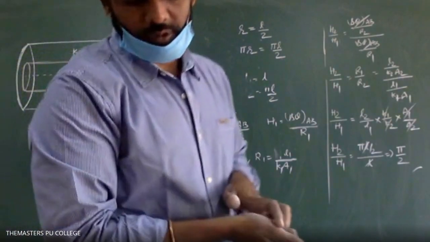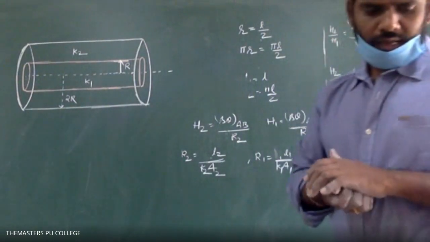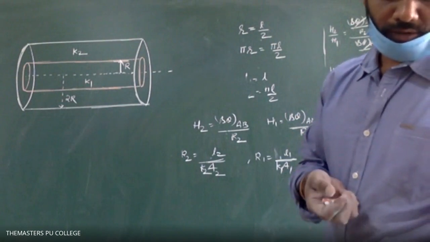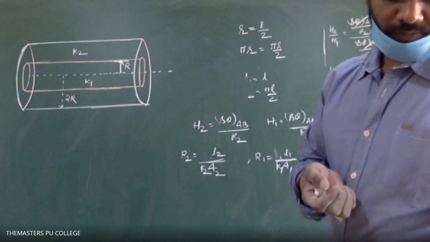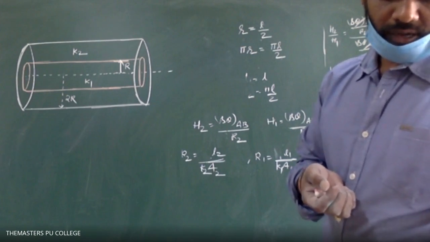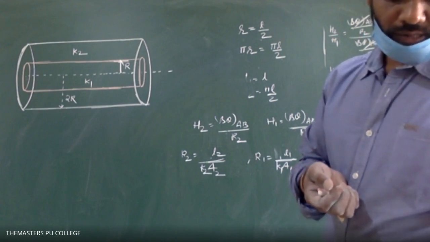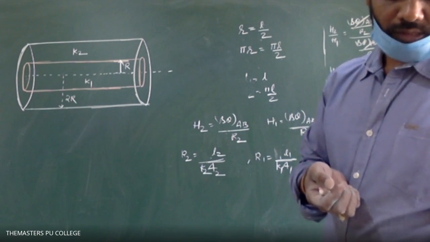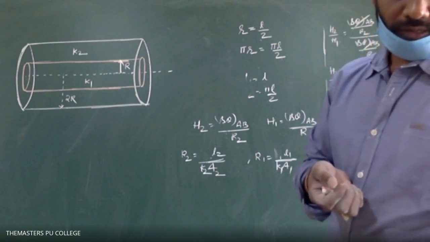Okay, so this is the problem they have asked. Listen, go through the question carefully. A cylinder of radius r made of a material of thermal conductivity K1 is surrounded by a cylindrical shell of inner radius r and outer radius 2r, made of a material of thermal conductivity K2. The two ends of the combined system are maintained at two different temperatures. There is no loss of heat across any cylindrical surface of the system in steady state. What is the effective thermal conductivity?